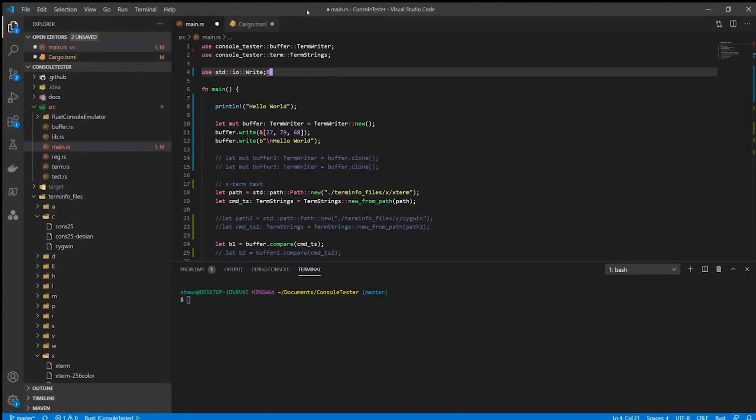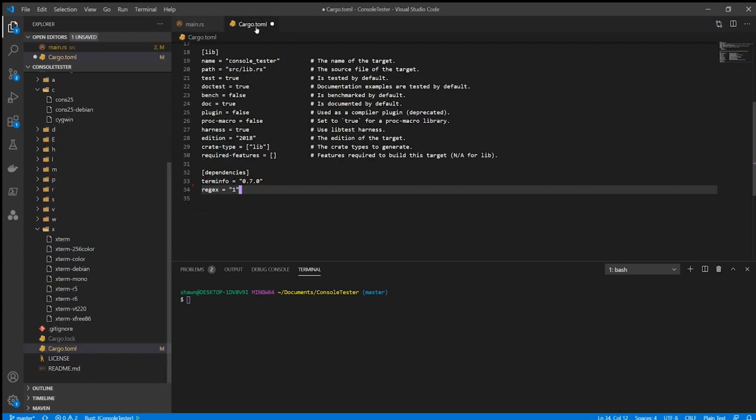Hey everybody, so right now we're going to walk you through how to actually use the crate that we developed as part of our Capstone project. The crate we developed is called Console Tester, and it's available for everybody through the Crates package management service. I'm going to show you how to download that real fast and what you need in order to get it running. So right now we're in Visual Studio Code, and we're going to go over into our cargo toml